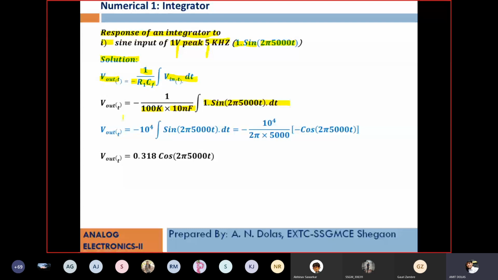Sine will be converted into cos, and finally you will get it in the form of Vm cos of 2 pi 5000 t. So Vm, means amplitude, is positive 0.318 volt, it is a cos waveform, and frequency will remain same. Look, input is sine, output is cosine, but frequency does not change. So if you plot this, it will be like this. Response of an integrator,